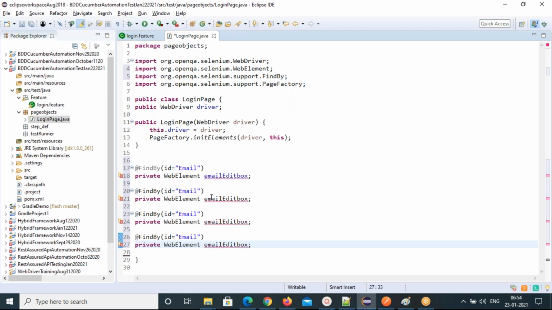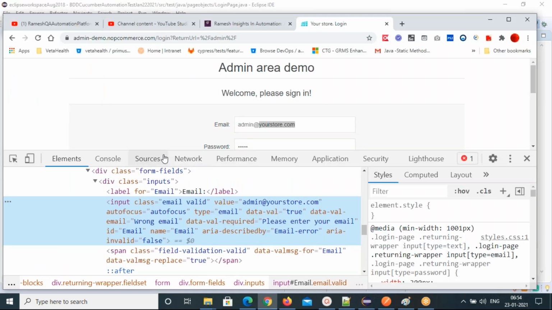Password edit box, login button, and this is the logout link. So these are the 4 elements we need, and this password edit box we can identify either with name.